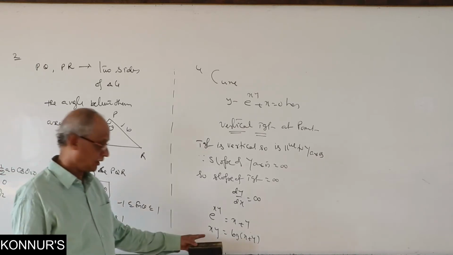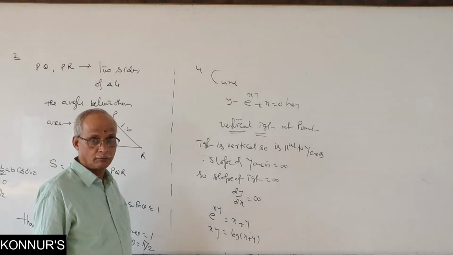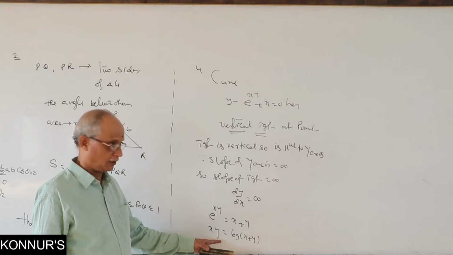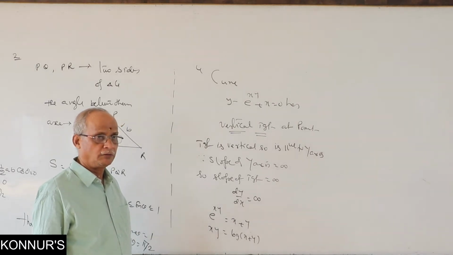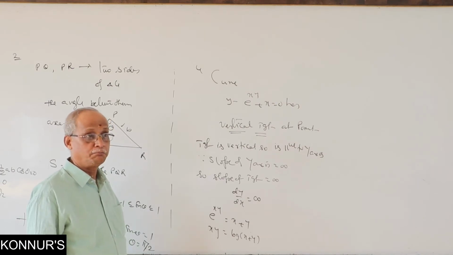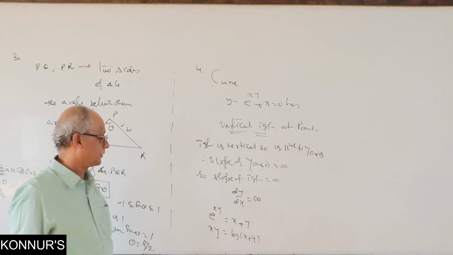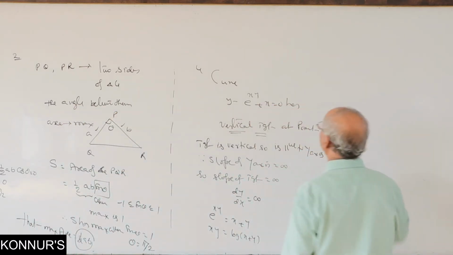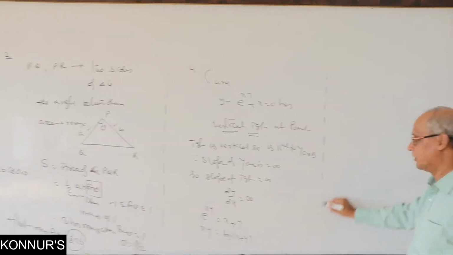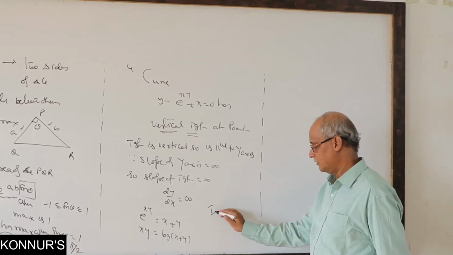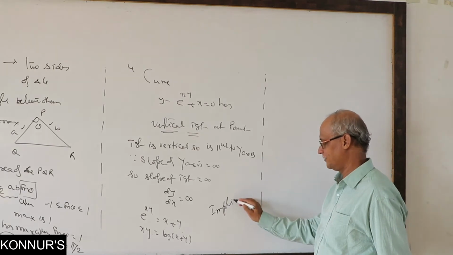You cannot separate x or y, right? This problem cannot come under variable separable for differential equations. When you are not able to separate, what is that function called? Implicit function. If you are able to separate, it is an explicit function. That is the definition and the difference between implicit and explicit functions.